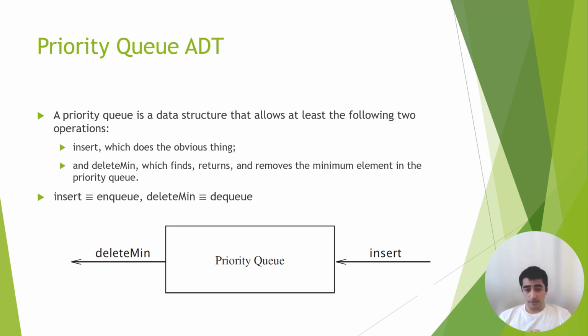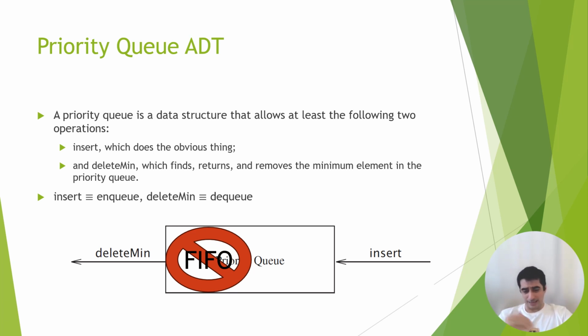The only difference is that in a normal queue, we had a first in, first out policy, where you always have to remove the element that was inserted first. But for the priority queue, there is no first in, first out anymore. Basically, whoever has the lowest priority, or in some cases, whoever has the highest priority, has